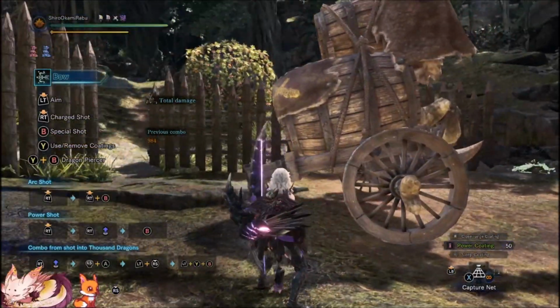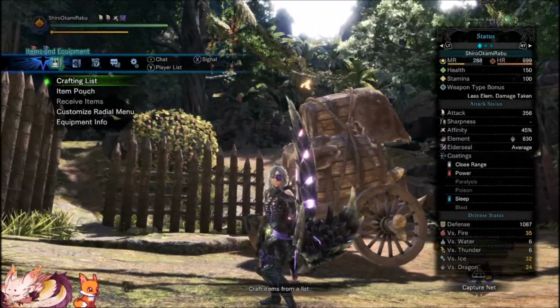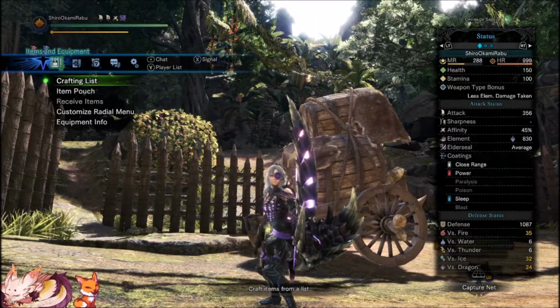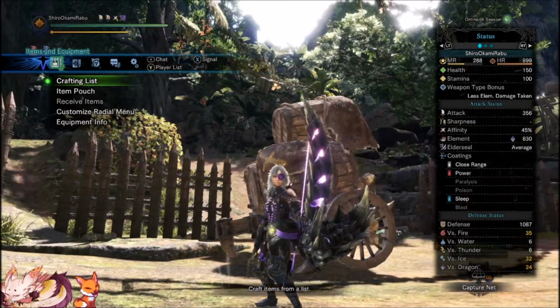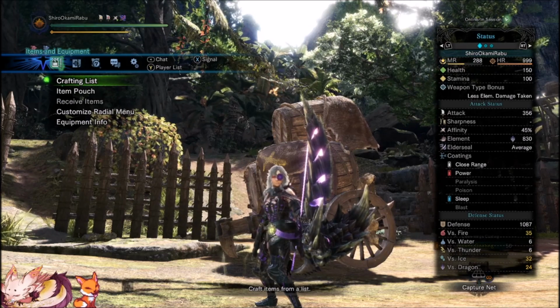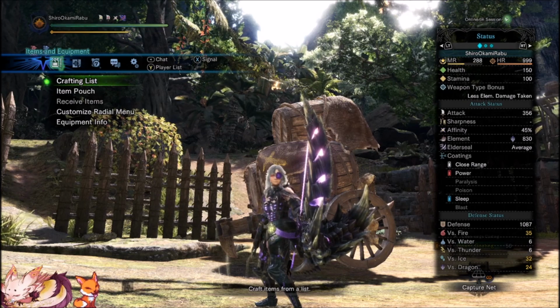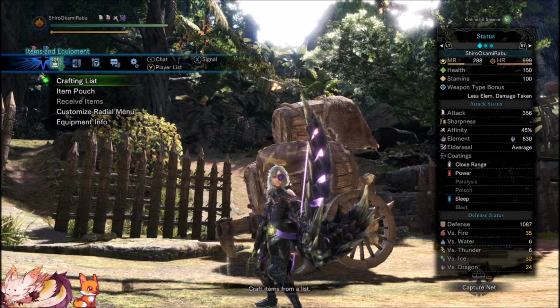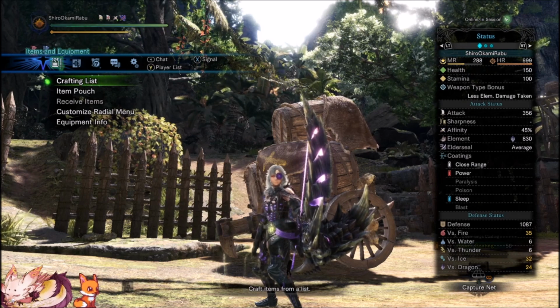Now, look at this. So right now with wielding my weapon out, I have 830 element, 45% affinity, which is 95% affinity with weakness exploit. You have almost 11,000 defense,